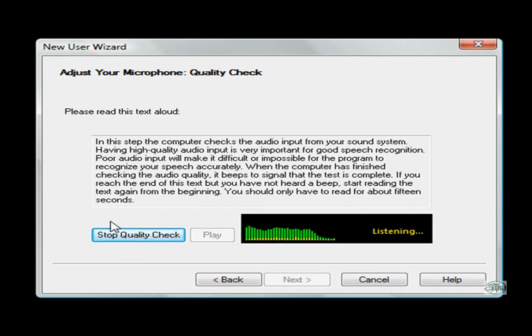In this step, the computer checks the audio input from your sound system. Having high quality audio input is very important for good speech recognition. Poor audio input will make it difficult or